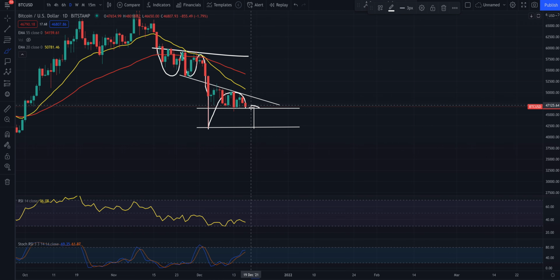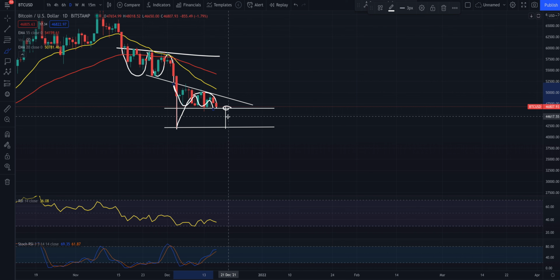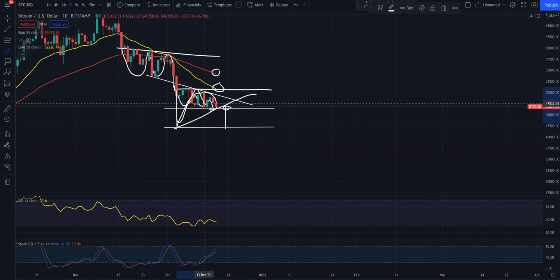If you fall out of this level of support here, this is a descending triangle, and you are still rolling over, and this is your technical target back down here at the 42k mark, I do believe, for Bitcoin on the daily time frame. So do watch this space, because if you do break out to the upside and get above these EMAs, these are key levels of resistance within themselves. If you get above those and start holding them, that's good for Bitcoin, and this could potentially be where your double bottom is coming in with your ascending triangle, and you break out.